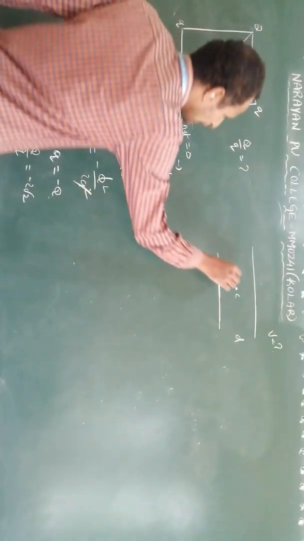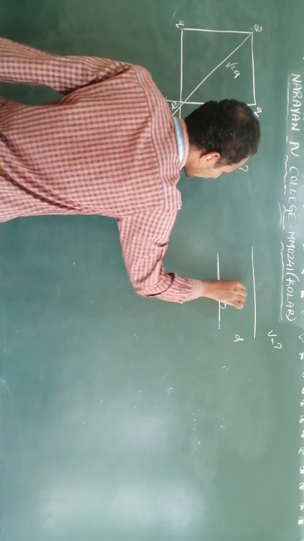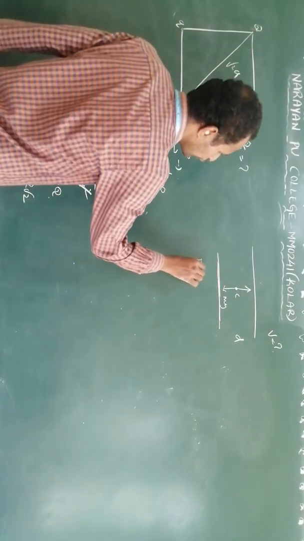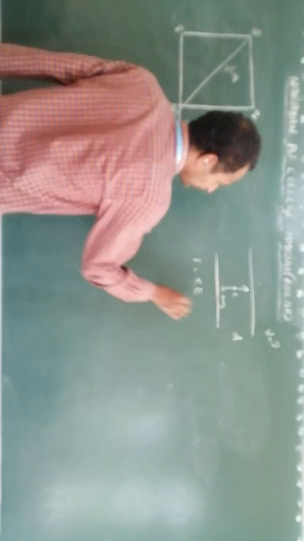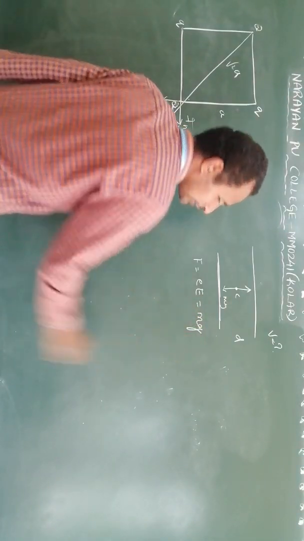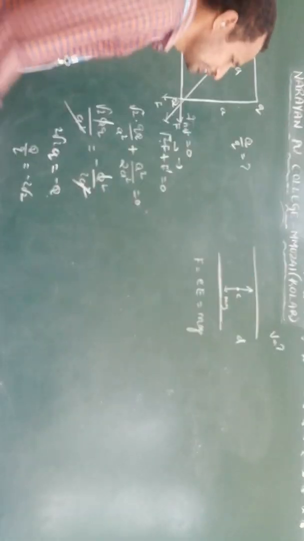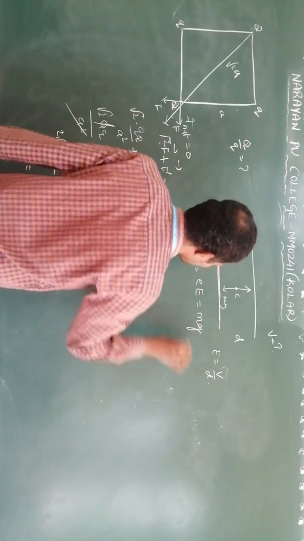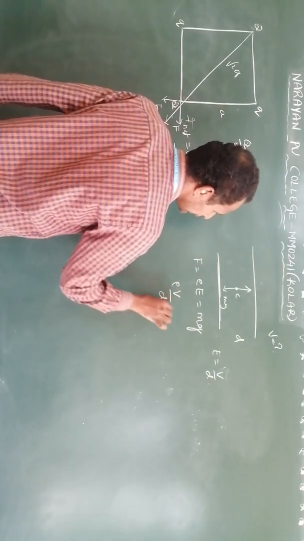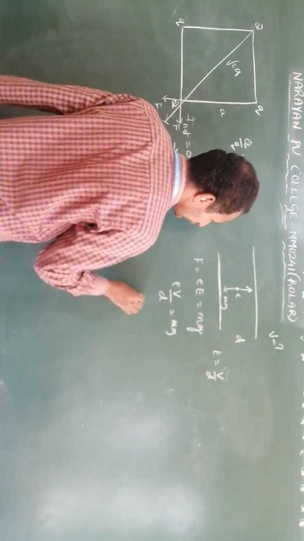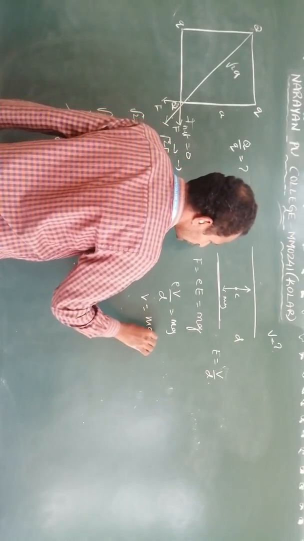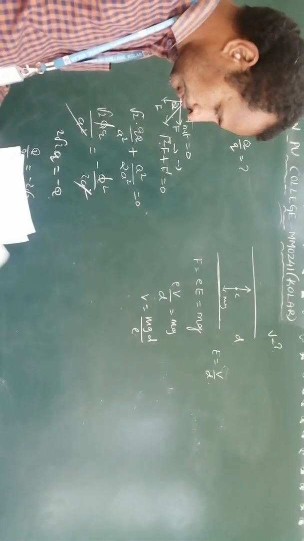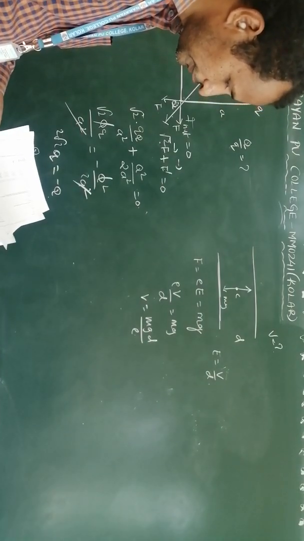So here two forces will act. One is mg, another one electric force acts up. Electric force formula is equal to eE. This is balanced with gravity. Okay, what is the relation between electric field and potential? E is equal to V by d. So eV by d is equal to mg. They are asking V. V is equal to mgd by e. Okay, next.